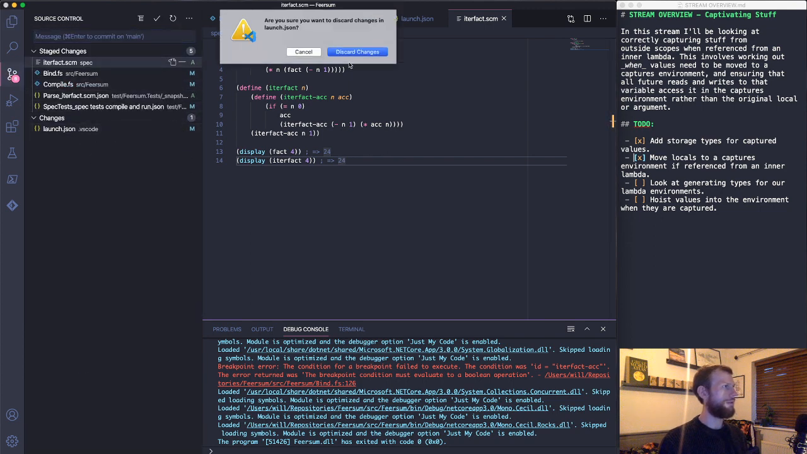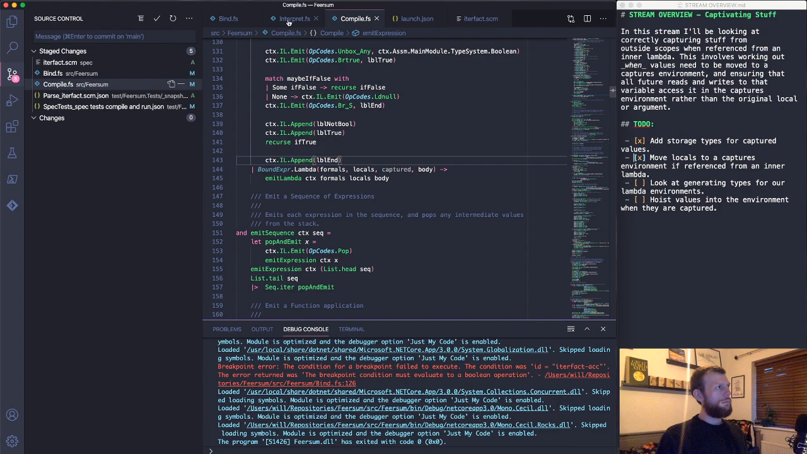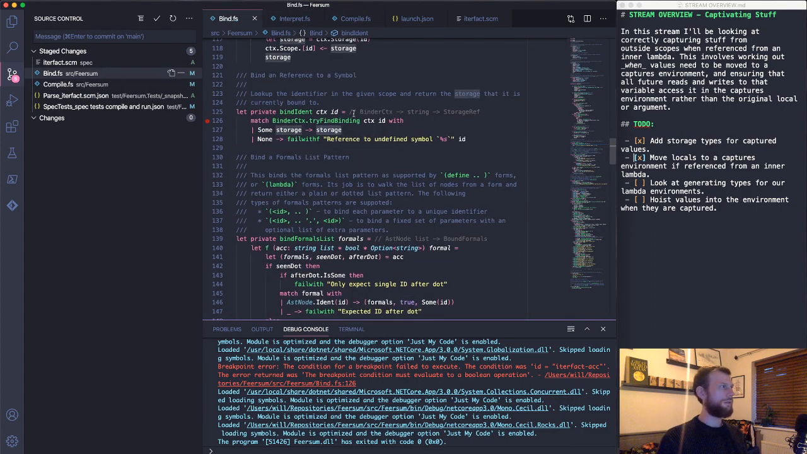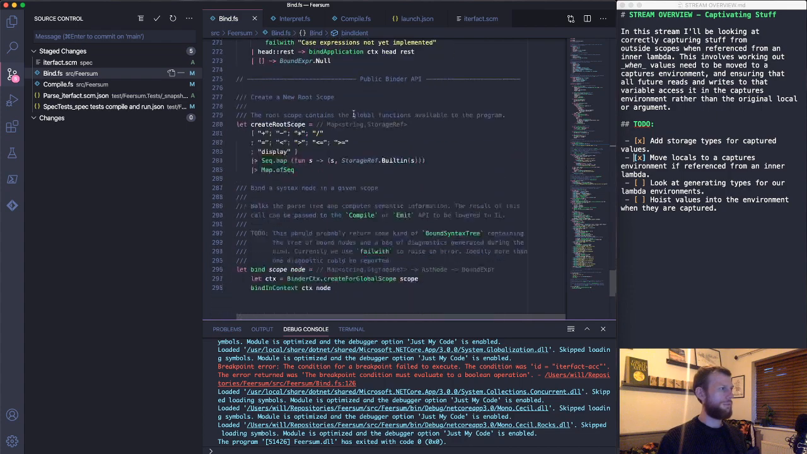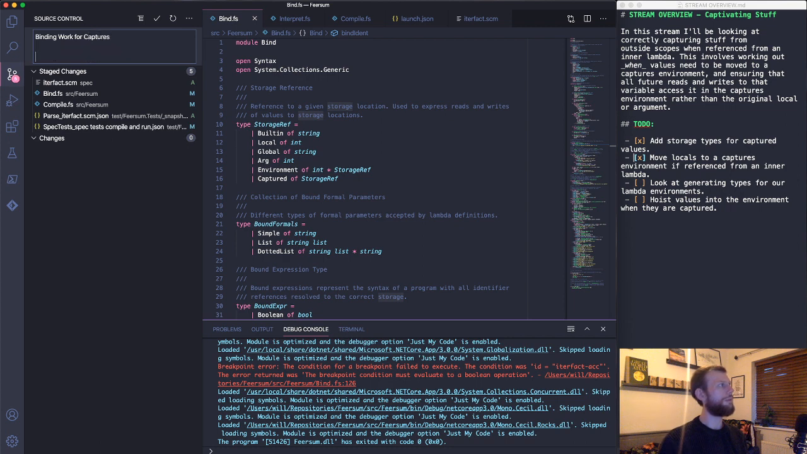Let's just revert that launch JSON change now. So I think that's all the binding work that we need to support correctly capturing things. So I'm going to make a commit there. Bind